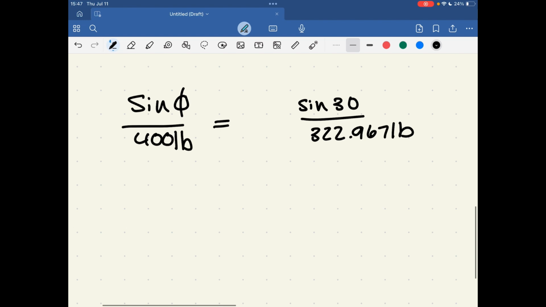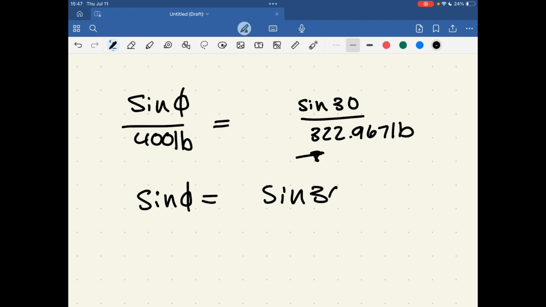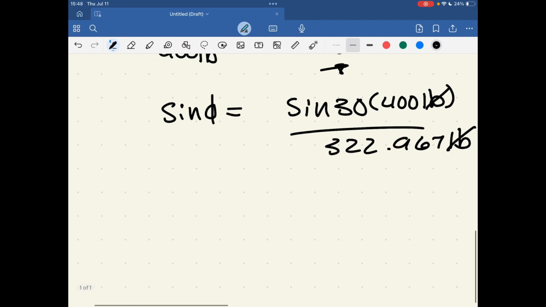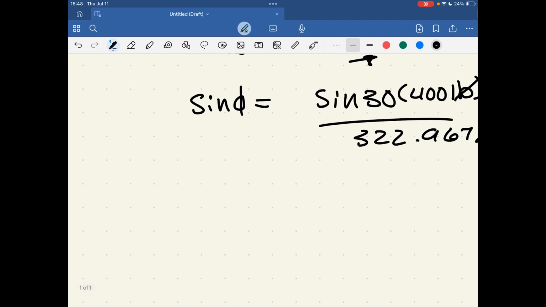Now we can isolate this sine easily right here. So what we do is we multiply both sides by 400. This gives us sine phi equals sine 30 times 400 pounds divided by 322.967 pounds. This eliminates pounds and gives us a unitless answer, which is perfect because all we need to